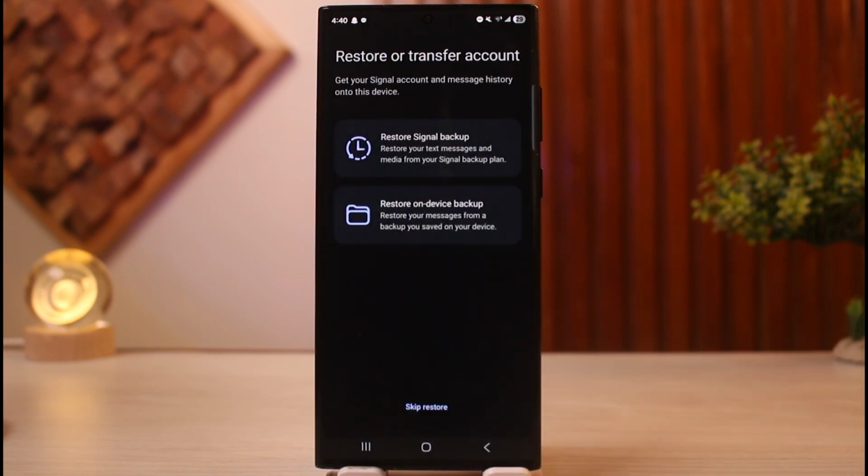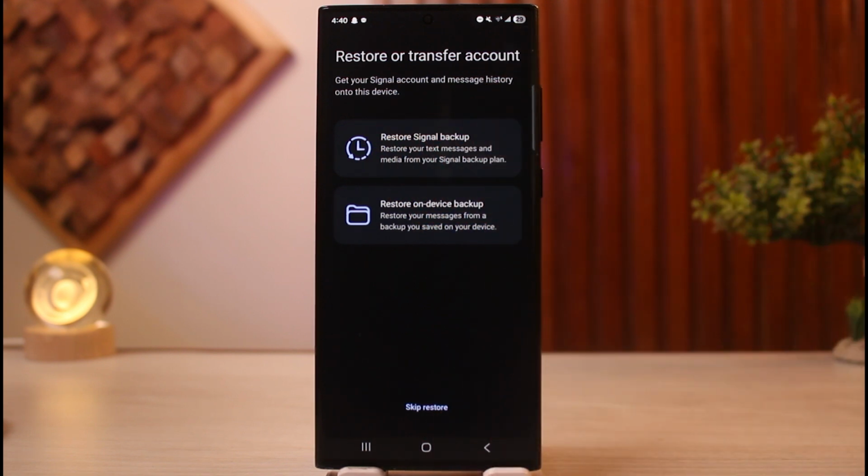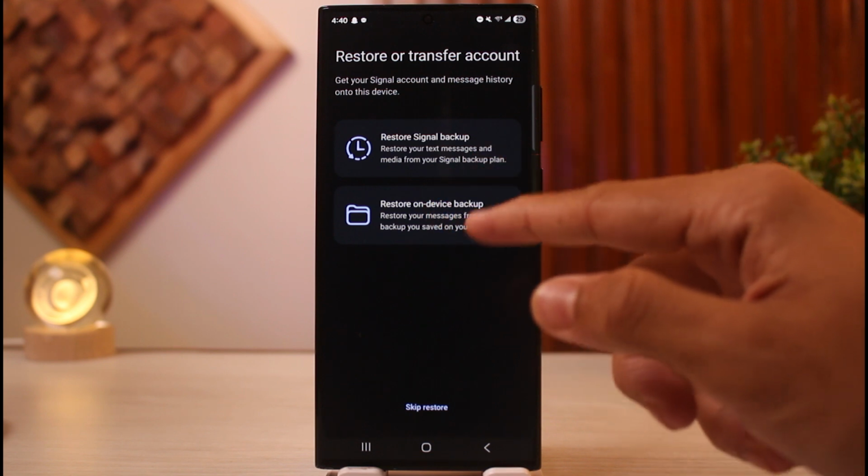Here you'll see two options called restore Signal backup, which means restore your text messages and media from your Signal backup plan. If you already have made your backup plans before when you were logged in, you want to simply tap on this. However, if you want to restore on device backup,